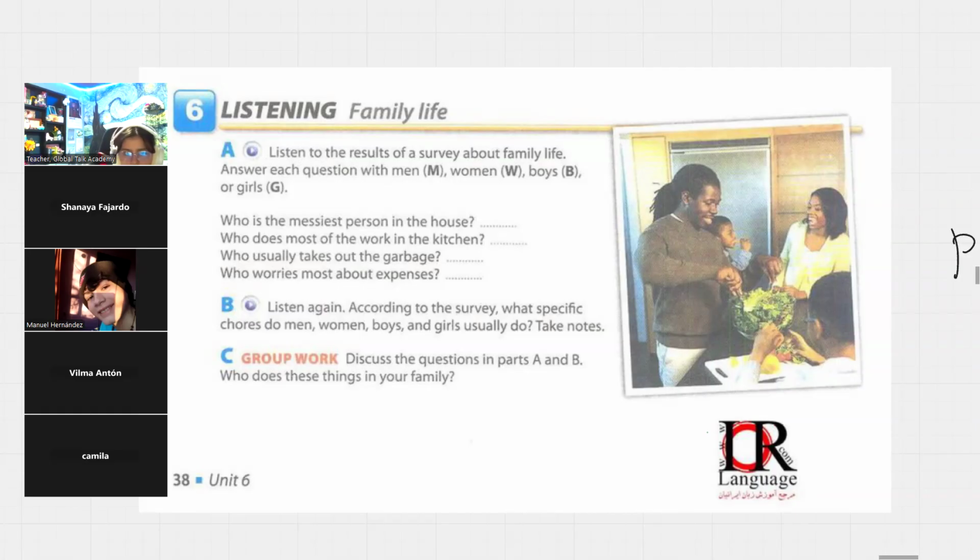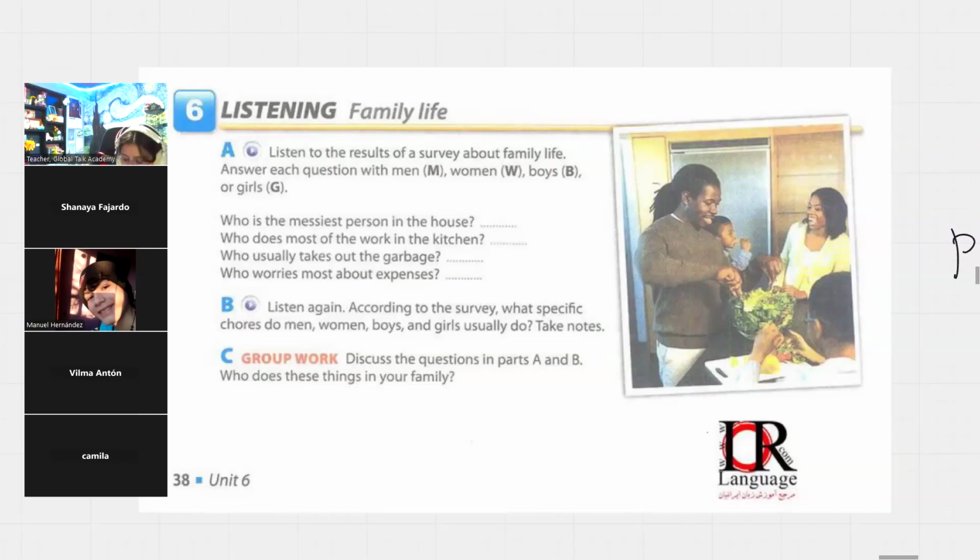Jennifer? Well, in response to the first question, who is the messiest person in the house? The answer was boys. 92% of you said that your sons or brothers don't help much around the house. They don't pick up their things, don't hang up their clothes, and leave their clothes lying around. Interesting. And what about the second question, Jennifer? That was, who does most of the work in the kitchen? Well, 84% of you answered women. Many of you also explained that the boys and men usually take out the garbage. The girls and women tend to cook, do the dishes, and clean up.